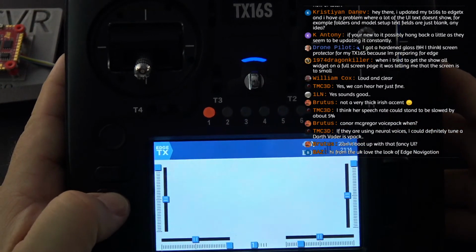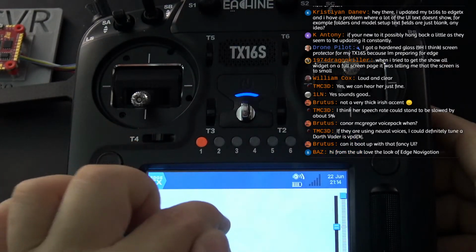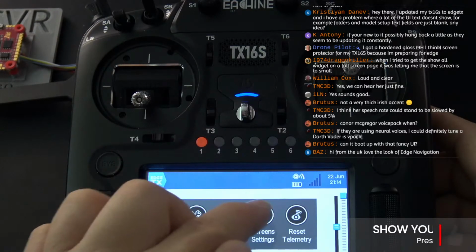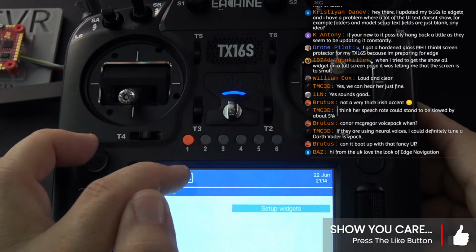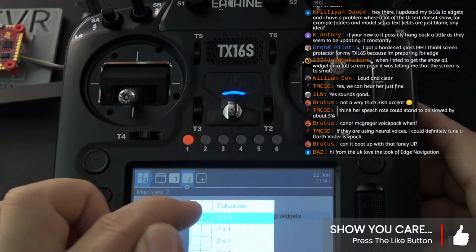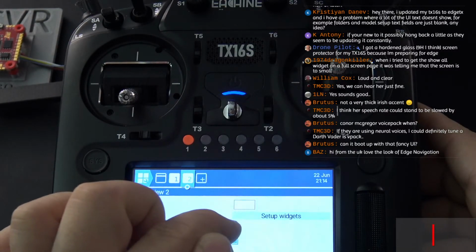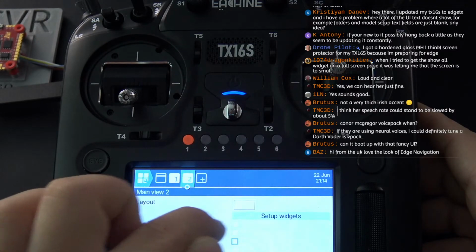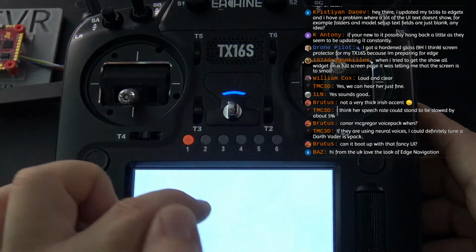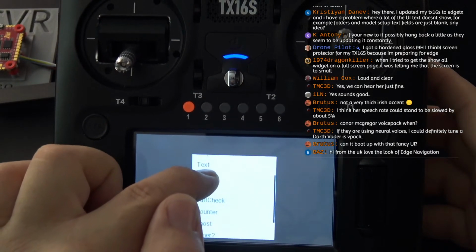Let's see if I have anything. Let me go into, so I'm still trying to teach myself to use the new ways, right? So screen settings, there's one. I'm going to go ahead and add one. I'm going to select layout and I'm going to pick full screen. I'm going to turn everything off, and then we'll do select widgets, and I'll click on that, select a widget, and it's show all, right?